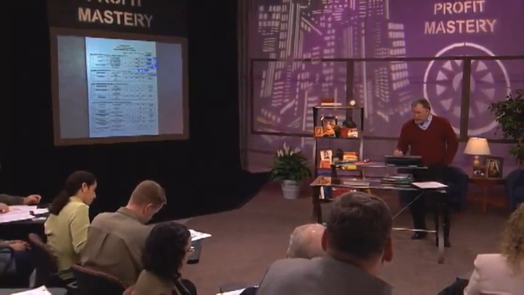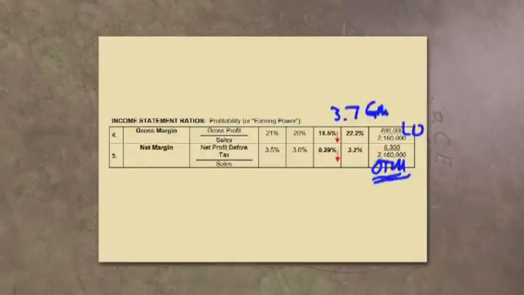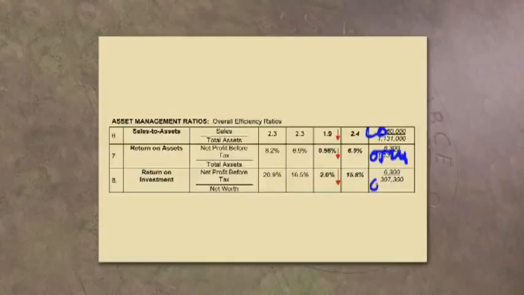Net margin, trend down, and is he high or low? Very low. I would say he's off the map. He has succeeded in practically eliminating any profit. Sales to assets, the efficiency of his assets in producing sales, high or low? Low by 50 cents for every dollar, isn't that right? $1.90 to $2.40. ROA, he's getting 0.56. The brothers are getting 6.9%. He's off the map again, and we know that because his profits are almost nil, aren't they? ROI, same thing, off the map because we know he's so low.